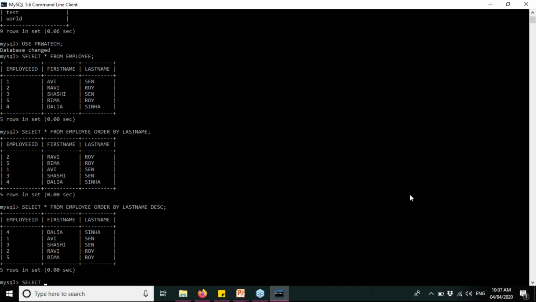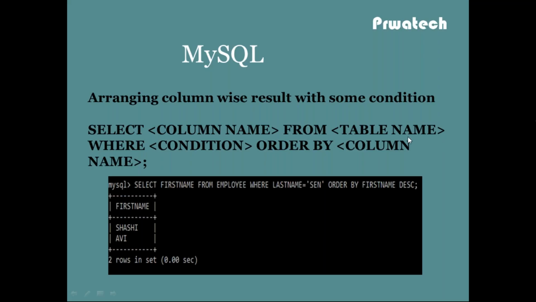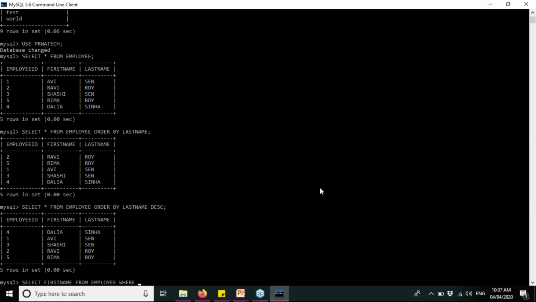So select, sorry, I would now put a particular column here, suppose first name, from table name, which is employee, where, now the condition, where we had put here last name is Sen. Now let's put where last name